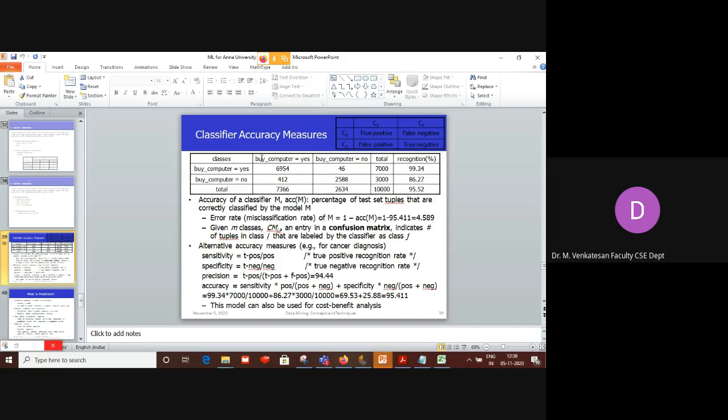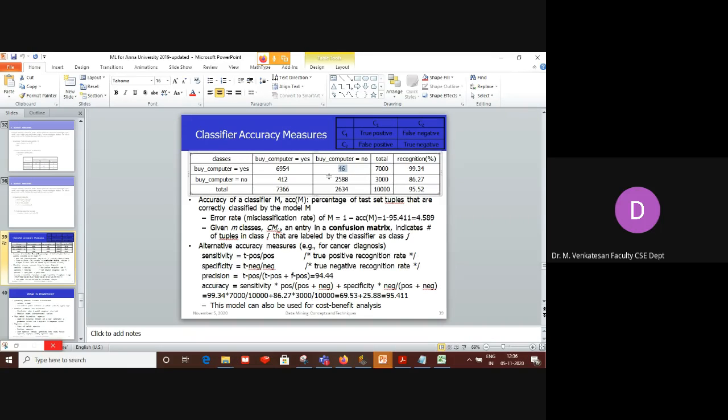As I said, in this case there are 10,000 tuples. Among the 10,000 tuples, there are 6954 tuples that actually belong to the yes class, and your model also predicted that it is the yes class, so it's a true positive. Then what is the 46? Any other professor?